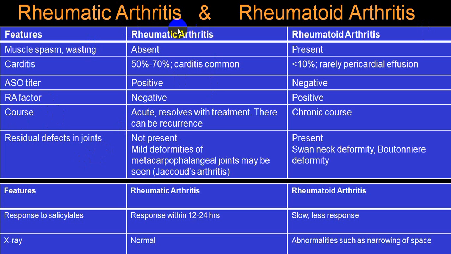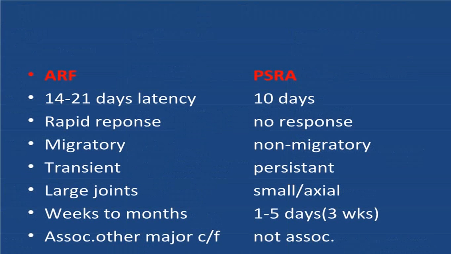Residual joint involvement in rheumatic is rare, while here it is very common. You will get swan neck deformity, Boutonniere deformity, a good number of other deformities, Jaccoud deformity, etc. So these are the differences between RA and rheumatic arthritis. This is a difference between acute rheumatic fever and